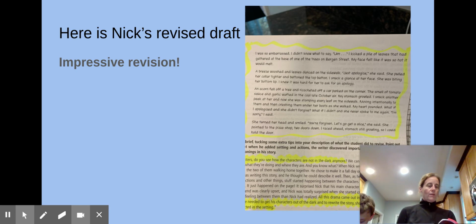There you go. Okay. So this is his revised dialogue that I'm just reading from here because it's just easier to read from here. So he says,